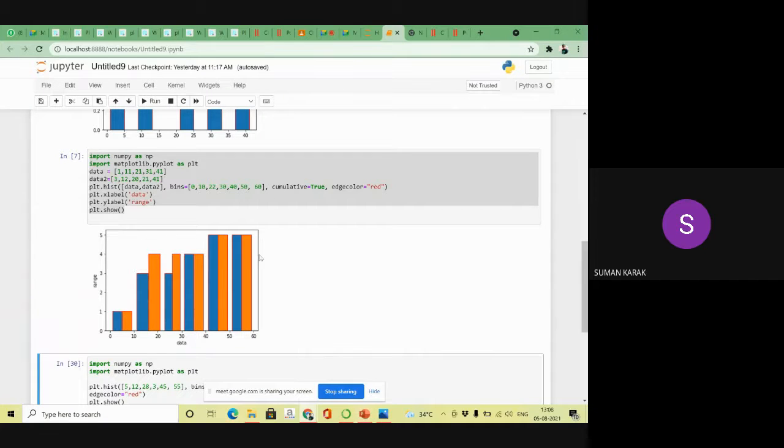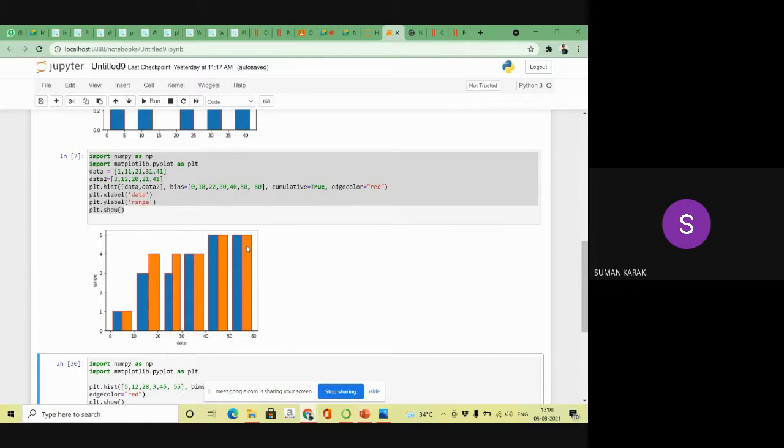Then between 40 to 50, no data are there, right? But both bins are the same, so both bin values are the same, so that's why it will show the same. Did you understand what I'm saying?